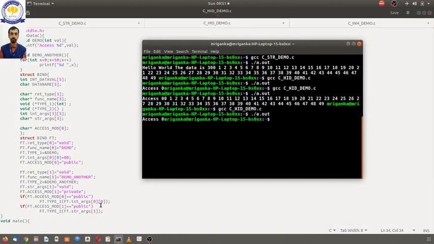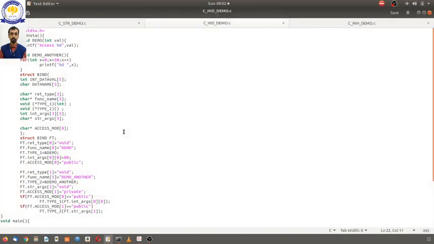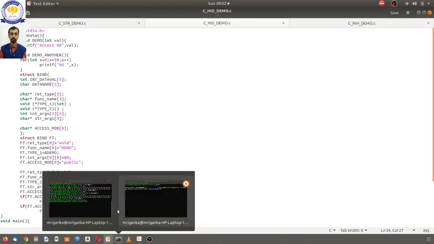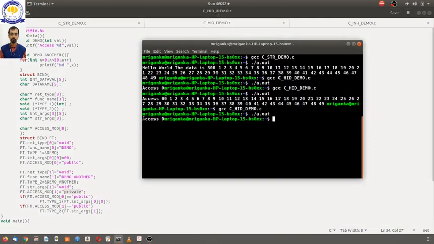We don't want the access to be visible, so we have again made it private. Again the data output is not shown, so we get the output access 0.